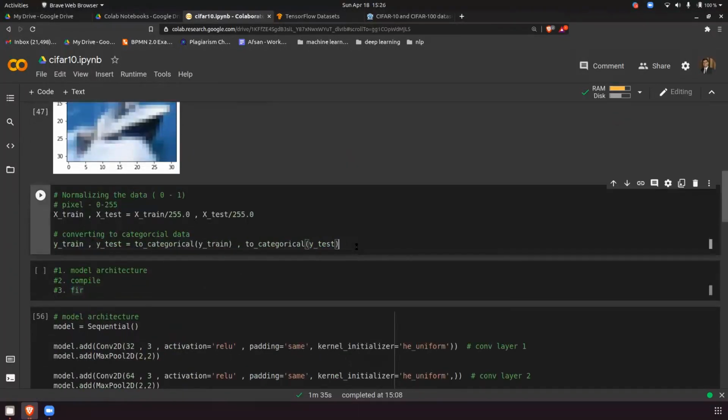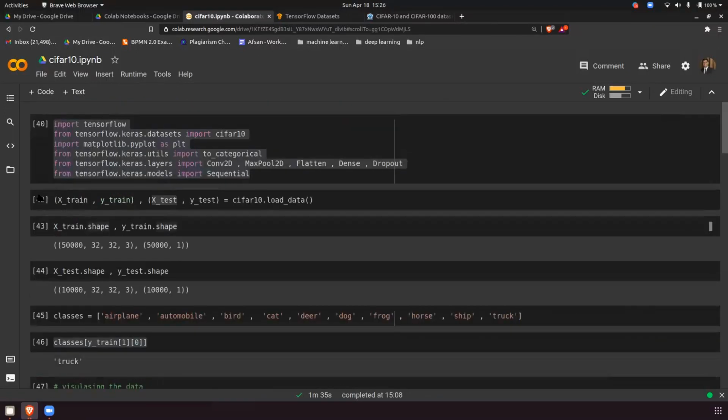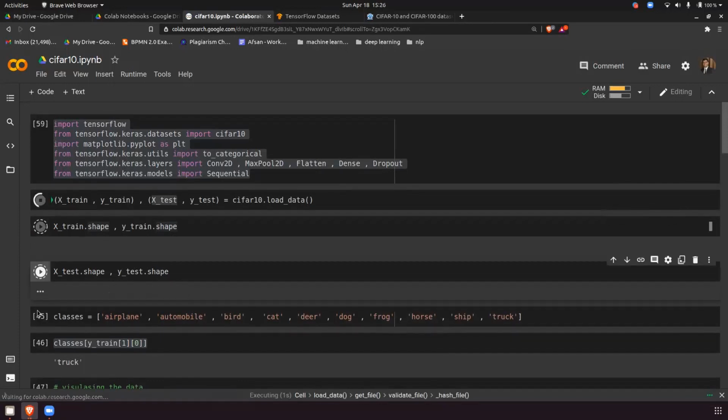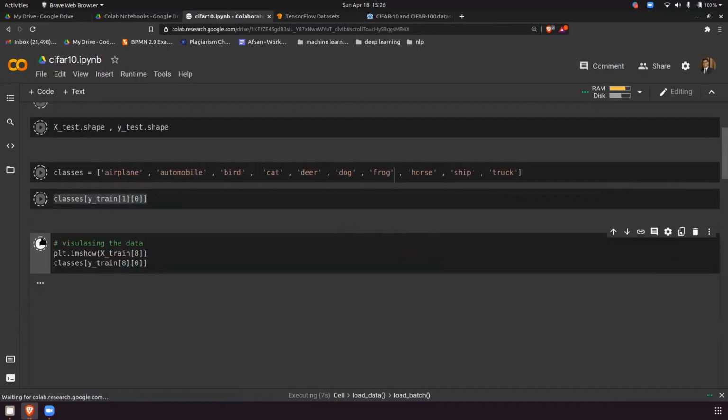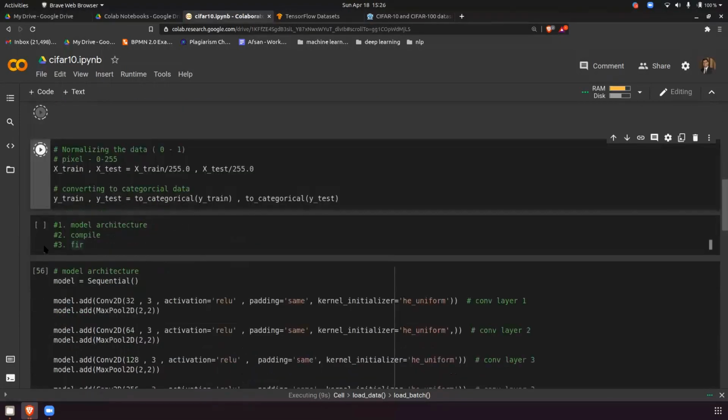If I uncomment this and run this again, let's check. Basically it will throw a dimension error, or the output will not be good. It can be either of these two.